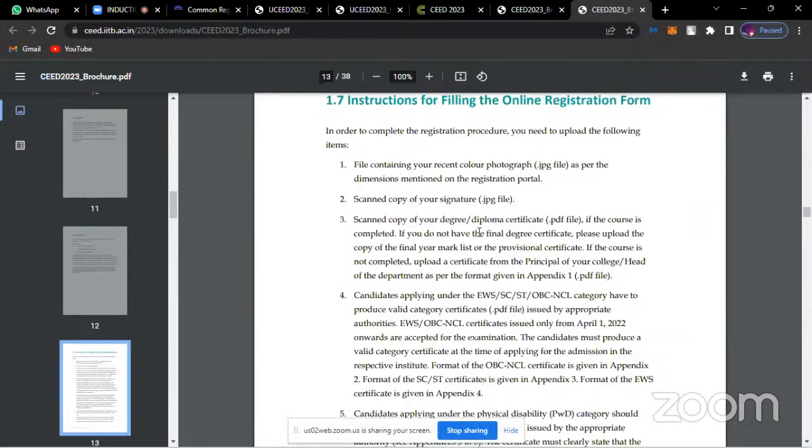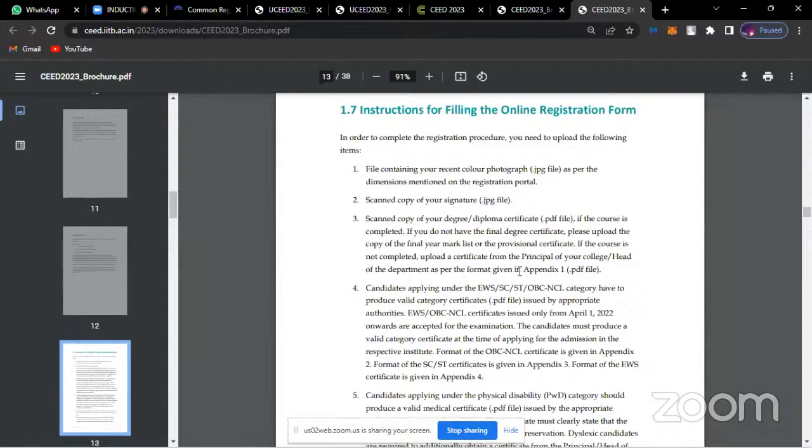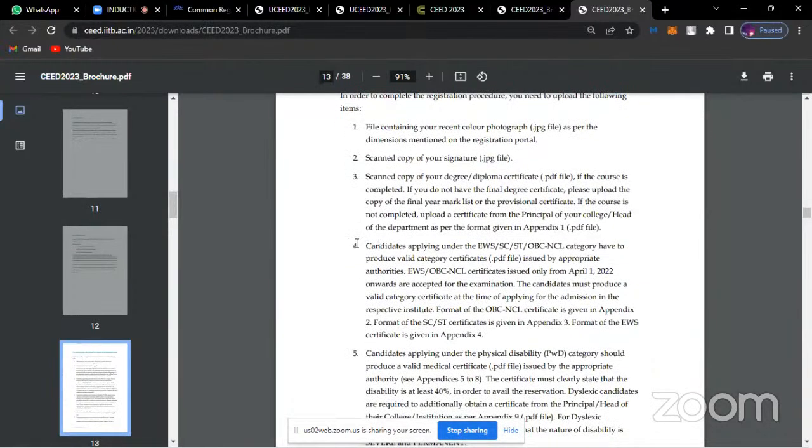So before uploading all your files, just take care of all these things very clearly. All right, it's very clearly written over here. It's the same mention as EWS, SC, ST, OBC, any reserved category, whatever I've explained for bachelor's is again the same for masters.